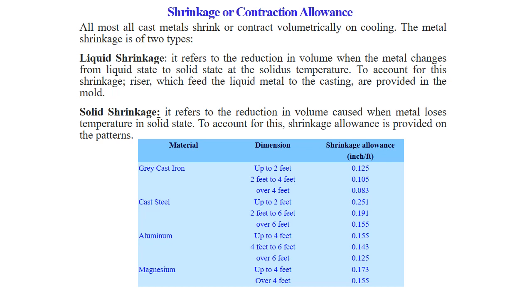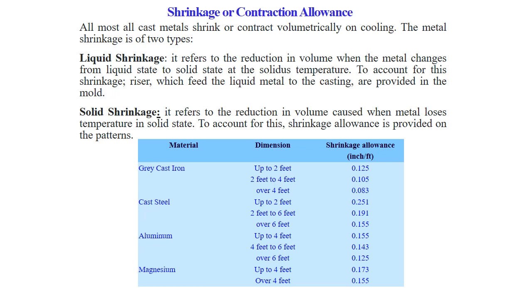The second part is the solid shrinkage, which is from elevated temperature, higher temperature, to normal ambient temperature. Suppose the metal solidifies at 1100. After that, the metal is in solid state, but it is at higher temperature. And whenever it comes to room temperature, in between that stage, from 1100 to room temperature, 28, 30 or 40 degrees, there is a particular shrinkage or contraction that is called the solid shrinkage.